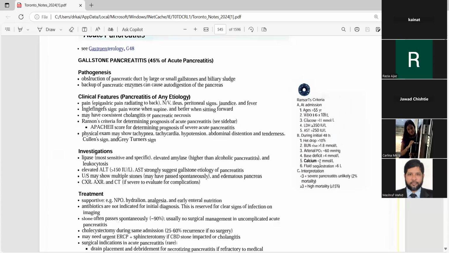Then Ranson's criteria on the side when you're going to do the admission. If age is more than 55, white blood cells is 16,000, glucose is basically more than 11, LDH is more than 350, AST is more than 250. During the initial 48 hours, it is basically BUN rise more than 1.8, arterial